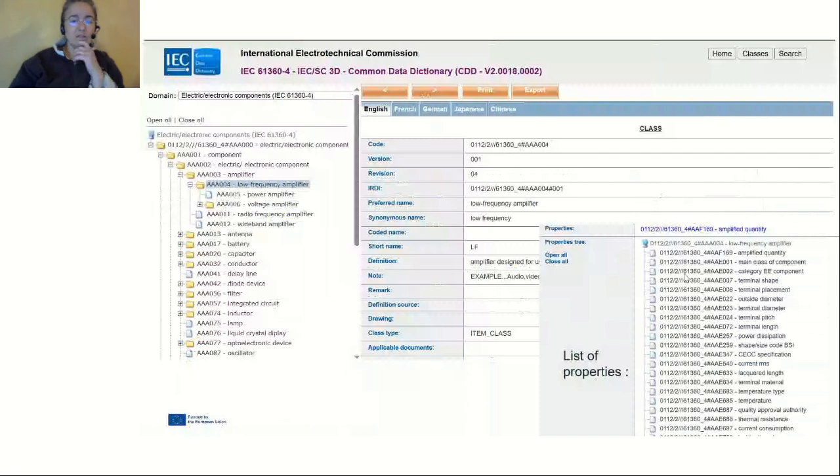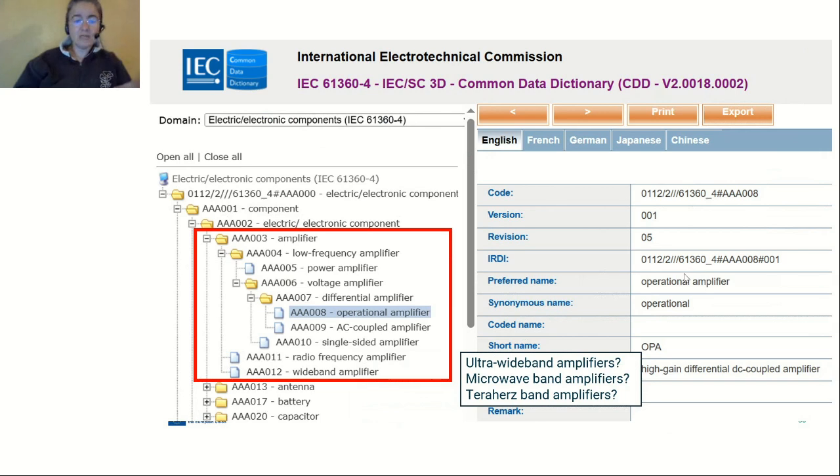But you will notice that there is an ordering of the terms. You also notice that there is a number associated to a specific term. So a classification code is associated to a specific term. The question that puzzles me a little bit is what happens when I want